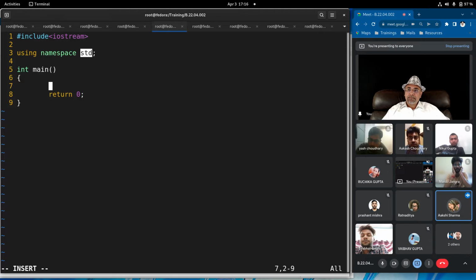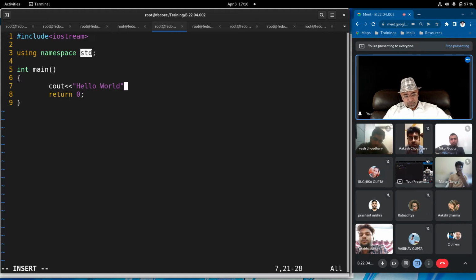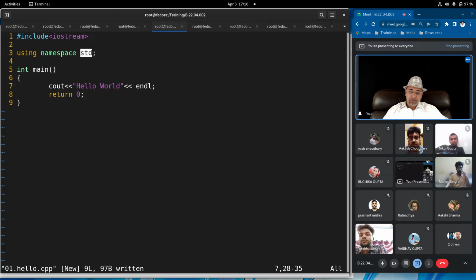So it means without using namespace we will not be able to compile any C++ program, because the moment you use cout, it will not know what is cout. Even if we have declared include IOStream, still it will not know. I'll show you that. I'll remove it and I'll show it to you. So this is the basic program. Okay, let me first run it, then I'll come back to it.